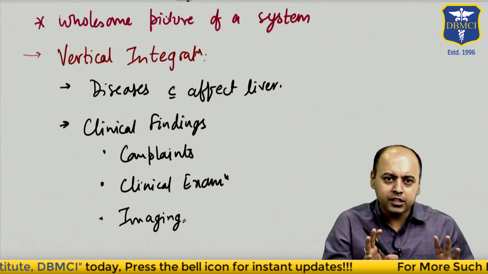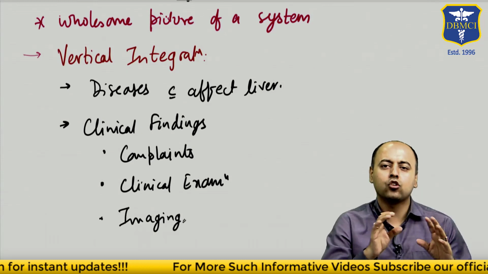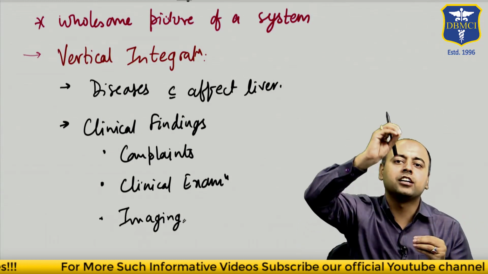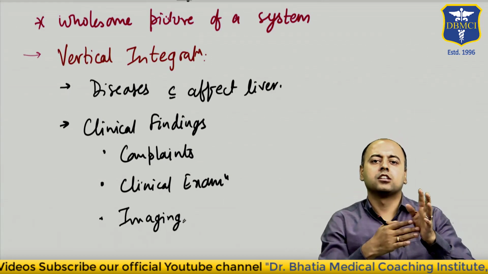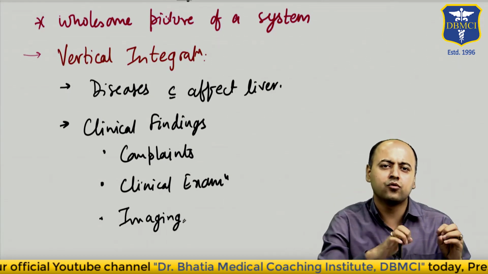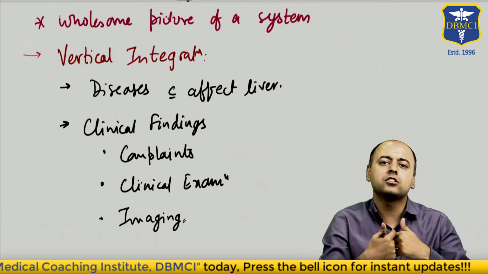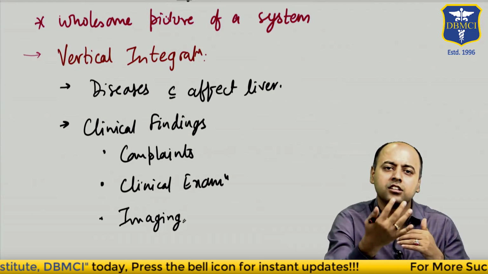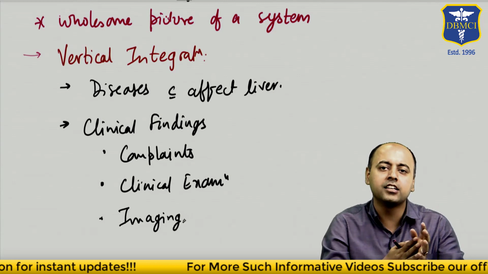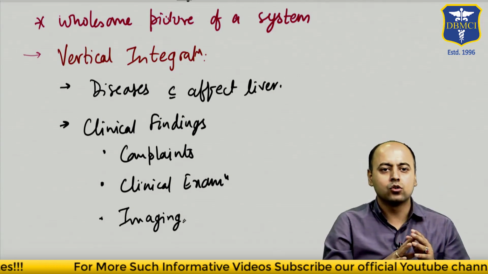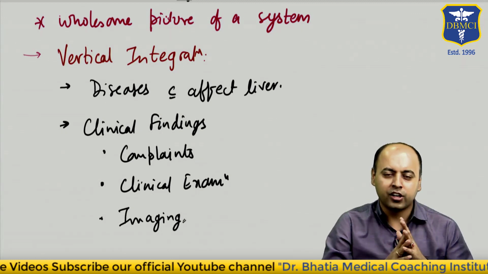So just to summarize, the new curriculum talks about integration. It talks about the horizontal integration as well as vertical integration. Horizontal integration means the overlap of subjects, the anatomy, physiology and biochemistry for any system, and vertical integration means the clinical implication of a system. What are the different diseases, what will be the abnormalities, what will be the changes in the normal findings which will be there. So we already have the ready-made solution for you, and you need not worry about the new